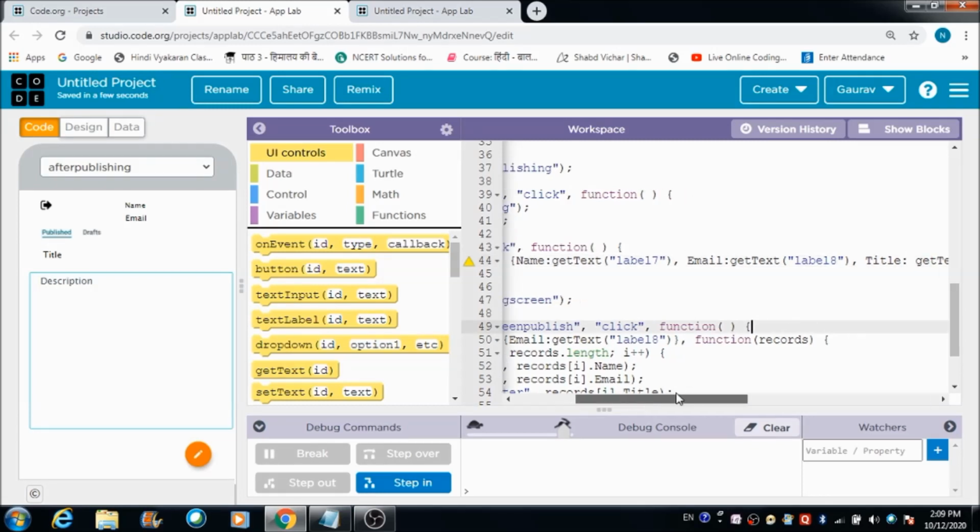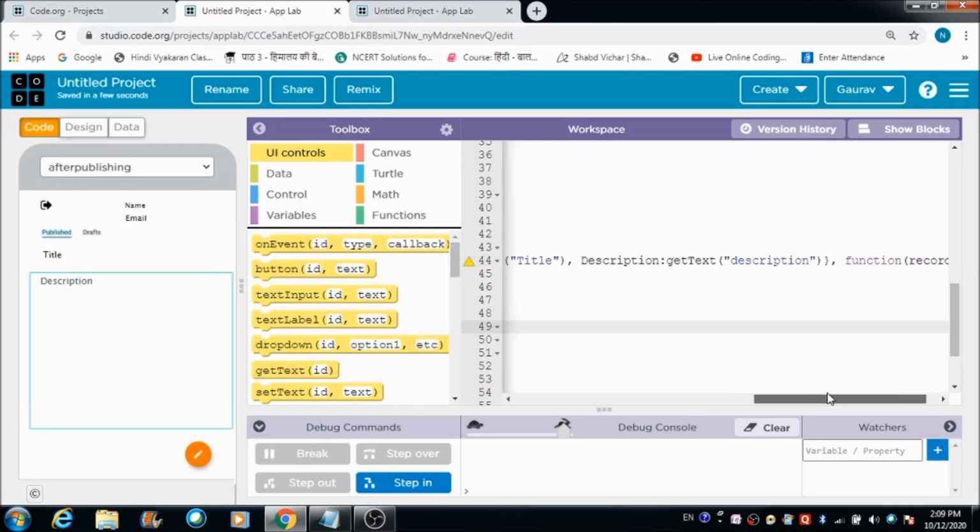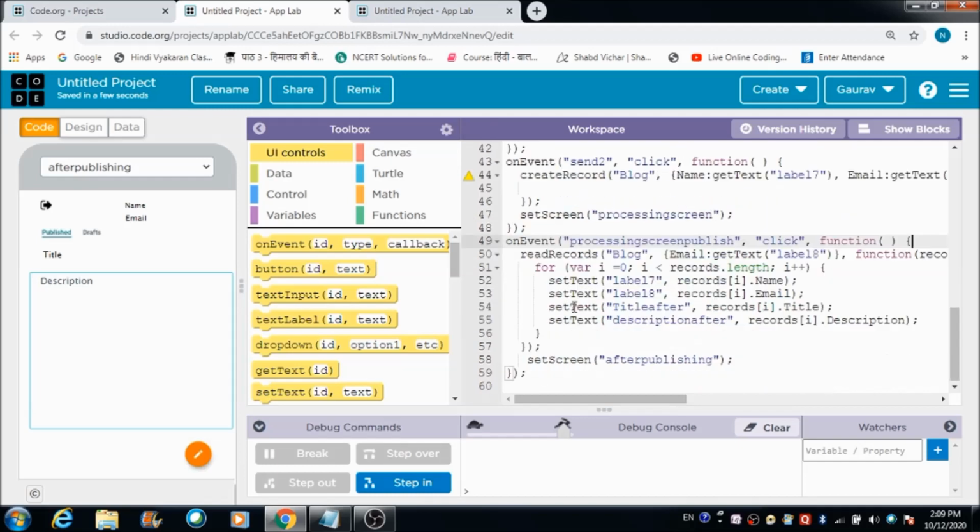I think now it is good to go. Fine. Okay. And after that I would like the user to get redirected to this processing screen publish. Okay. Now I think the code is good to go.